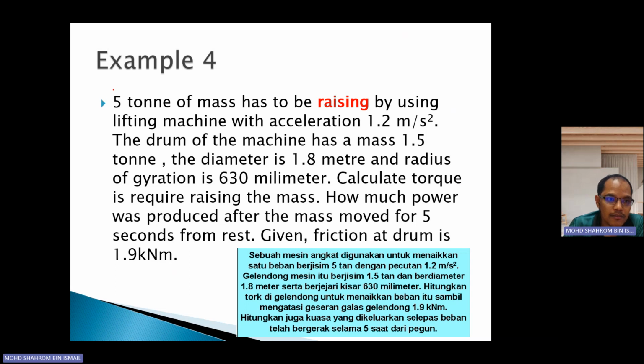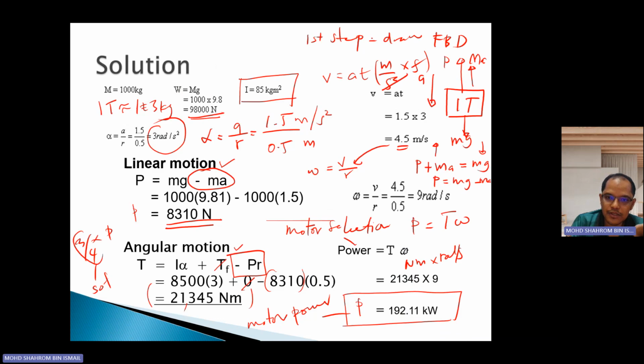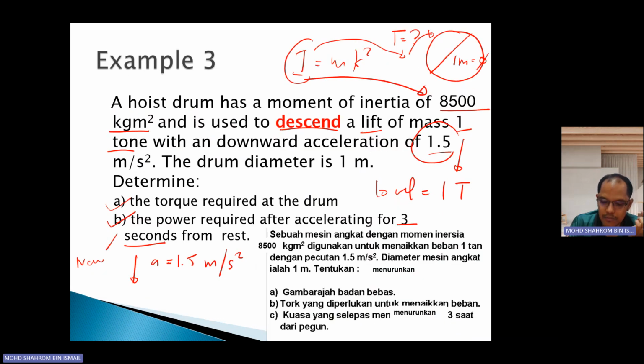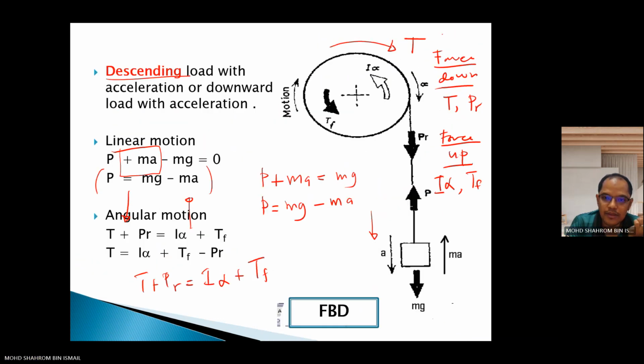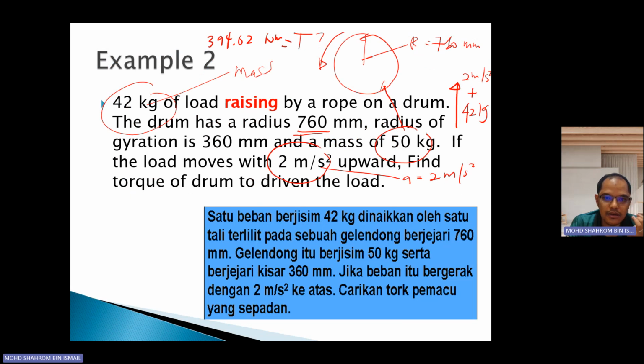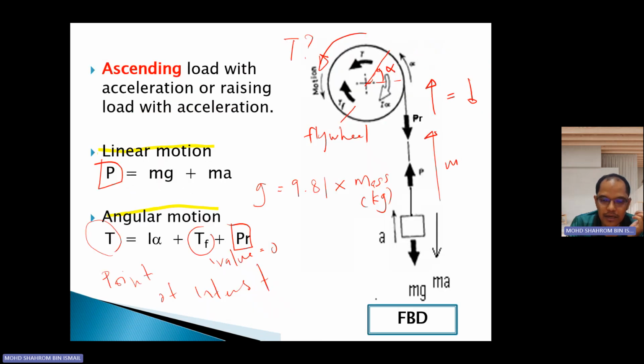So 5 ton of mass, this one is supposed to be the load that you need to raise. They have different terms: this one is raising, mengangkat, this one is descend, menurun,